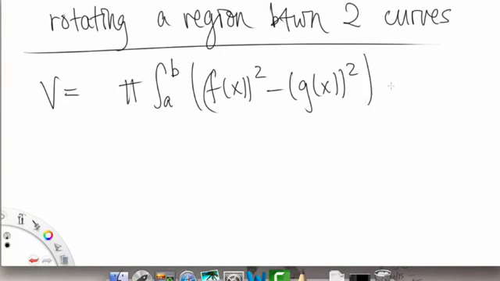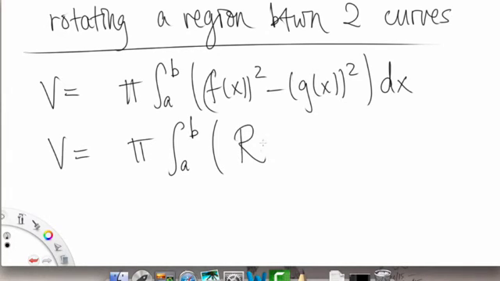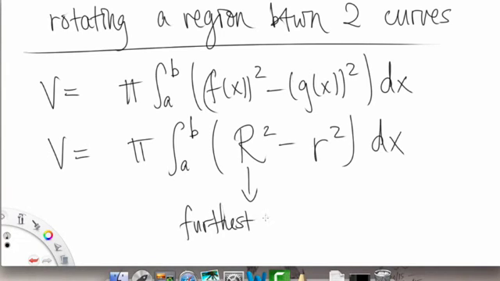Okay? And a more general way of writing this is V equals pi times the integral from a to b of capital R squared minus little r squared dx, where capital R is the furthest function from your axis of rotation,